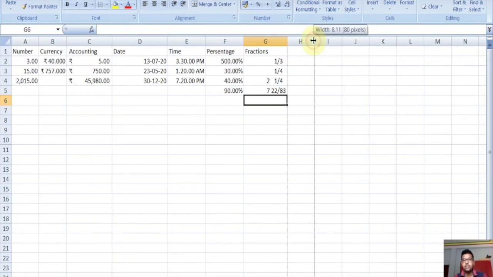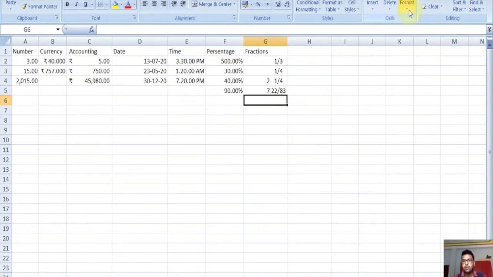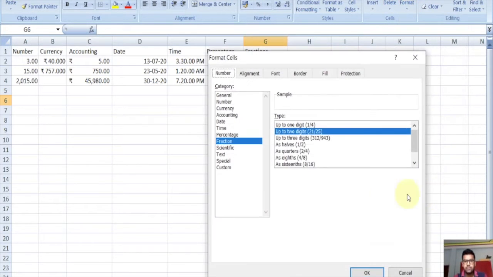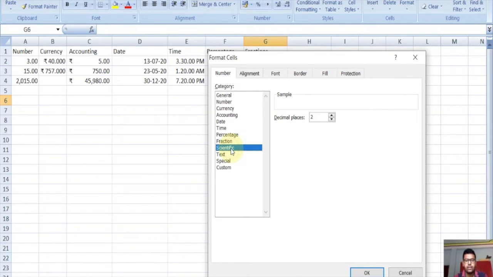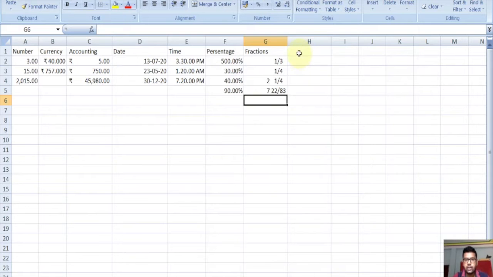And after that, in format cell, here are scientific, decimal places, text, special and custom. We can give scientific format here. Suppose we click on scientific.